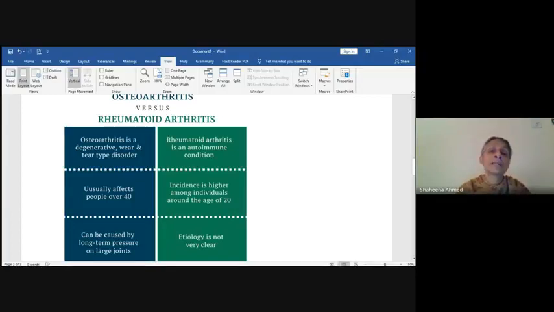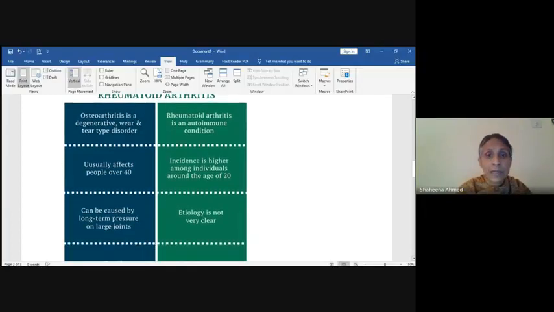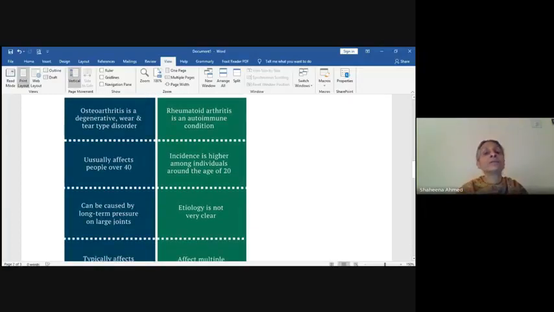But obviously, we have to diagnose what sort of arthritis that person has. There are a lot of arthritises. If you look in the book, there's a whole list of them. But the most common arthritis that we encounter in practical life are rheumatoid arthritis and osteoarthritis. So let's distinguish between these two so that we can immediately reach a diagnosis once we examine the patient as to which arthritis he is suffering from.